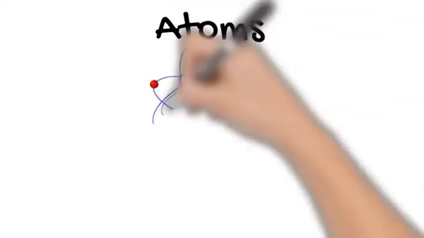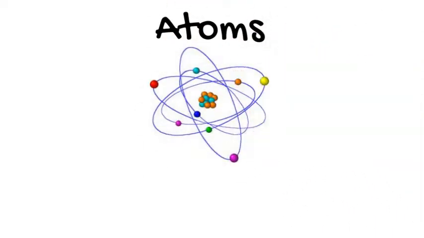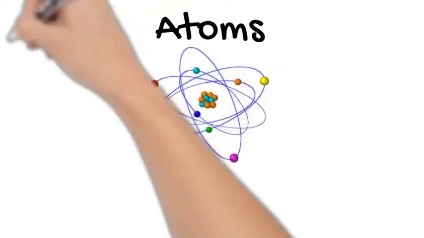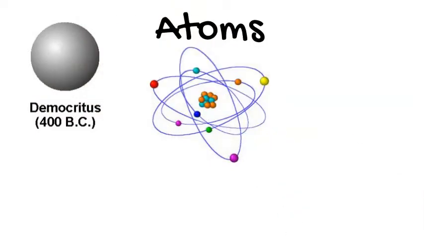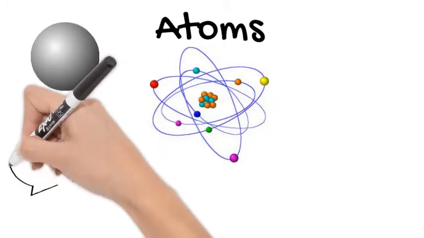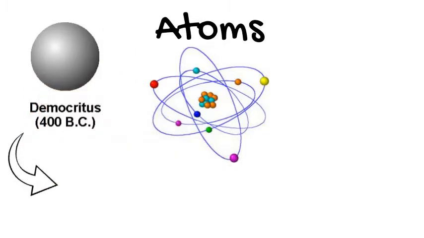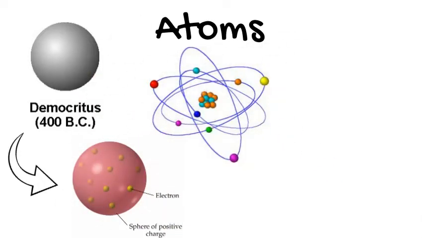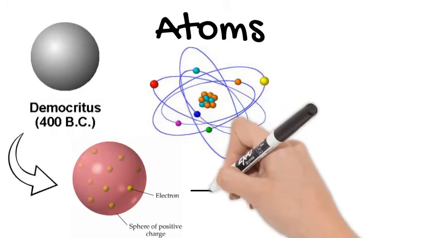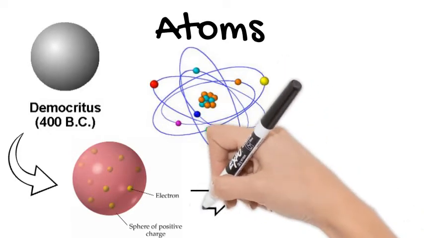In this video, we're going to look at the structure of atoms. A long time ago, the Greek philosopher Democritus realized that everything on Earth was made of atoms, very, very small particles. It wasn't until a long time later that the next model of the atom was proposed by Thomson, the plum pudding model. This posited that there were many electrons embedded in a sphere of positive charge like plums in